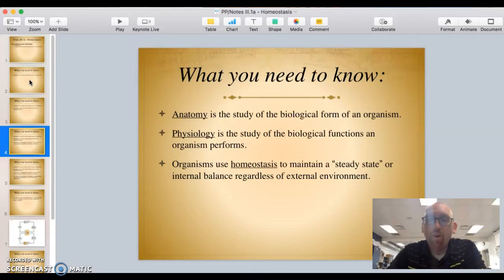Okay. All organisms need to maintain what is called homeostasis. As multicellular organisms, we have so many things going on that you need to maintain homeostasis, which essentially just means a steady state. Your body has certain things that need to be maintained in order for your organs and your cells to work properly. Things like how much oxygen and carbon dioxide do they have? How much waste is there? How many nutrients? What's your body temperature? Your temperature needs to stay right around that 98.6 in order for all your cells and your organs and things